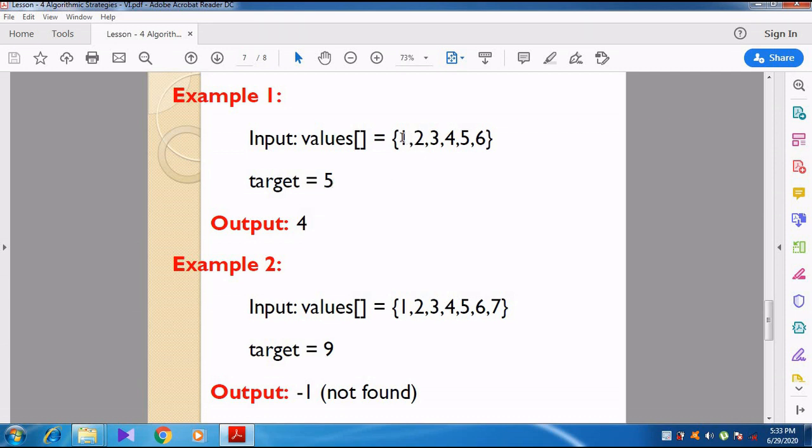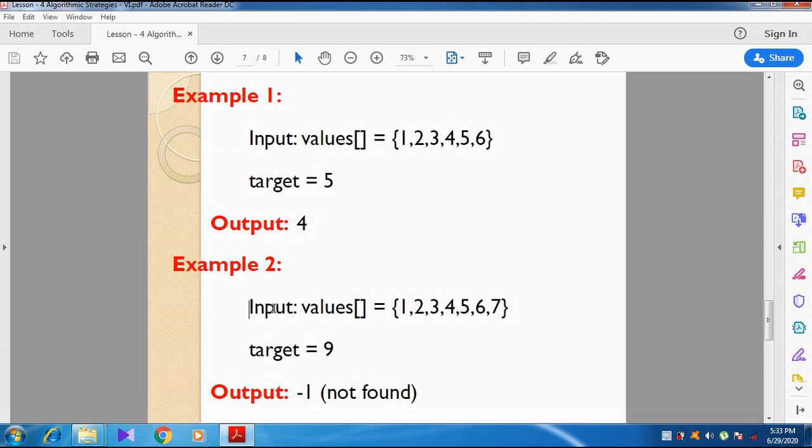First the value 5 is checked with 1. 1 is not equal to 5. Then it goes for 2. 2 is not equal to 5. Then it goes for 3. 3 is not equal to 5. Then it goes for 4. 4 is not equal to 5. Then it goes for 5. 5 is equal to 5. So the search element is found. What is the index? 0, 1, 2, 3 and then 4. 5 is stored in the 4th index. Can you understand, students? Right.